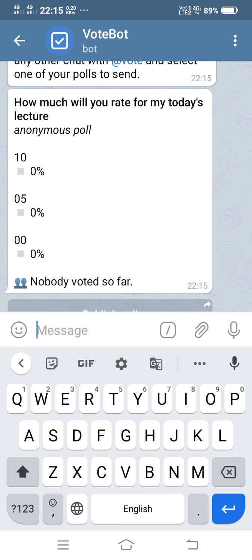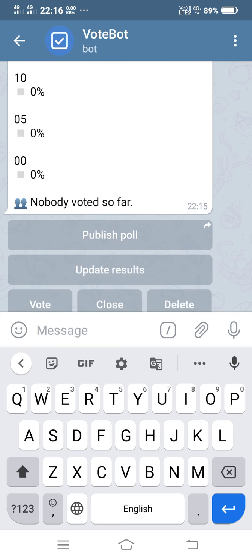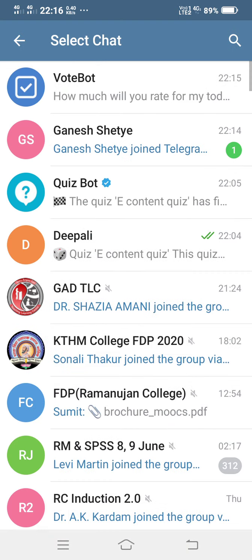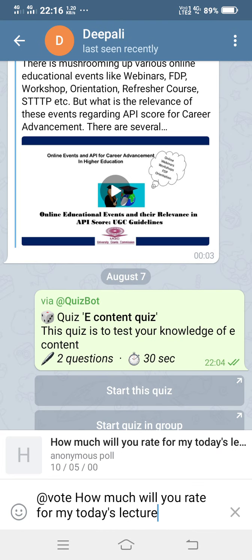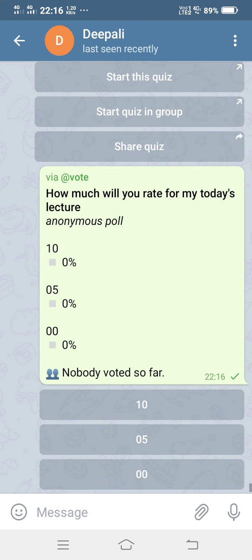It is an anonymous poll. So students can respond, but I can't see the names of students. So 10, 5 and 0, these are the options, and here is the option of publish poll. So I will click on publish poll and I will send it or forward it to my students.